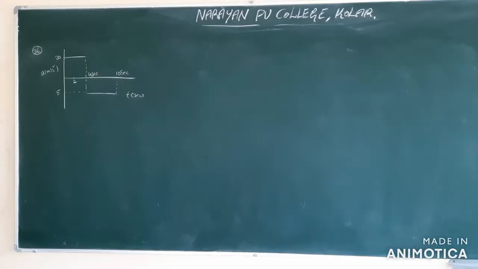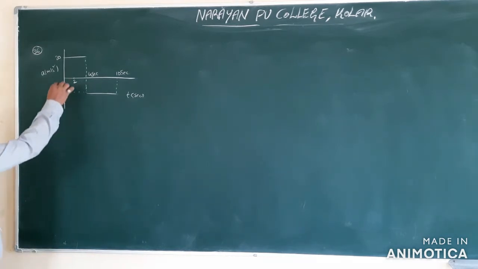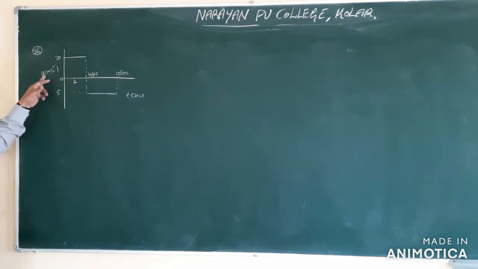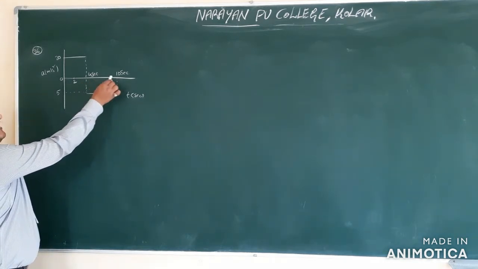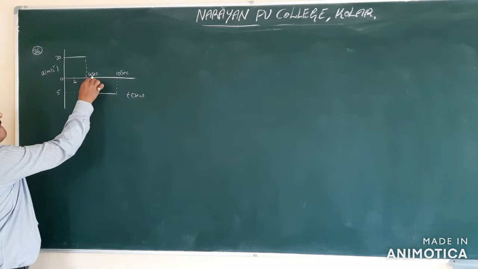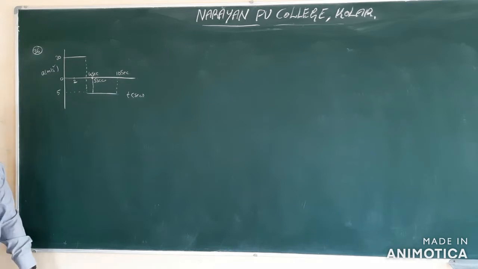Okay. See question number 36. They gave a graph: consider the following acceleration time graph of a particle moving in a straight line, as shown in the diagram. The velocity of the particle at t is equal to 5 seconds is? They gave the initial velocity of the particle as 10 meter per second. Initial velocity means where time is going to become 0. This is an acceleration time graph. What they are asking is the velocity at 5 seconds. If it is 4 here and 10 here, 5 will be somewhere coming. So this is nothing but the 5 seconds we are going to assume.